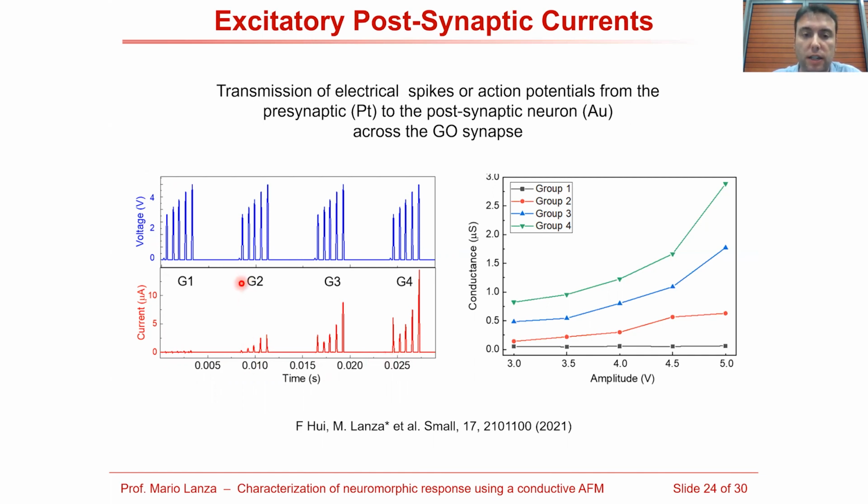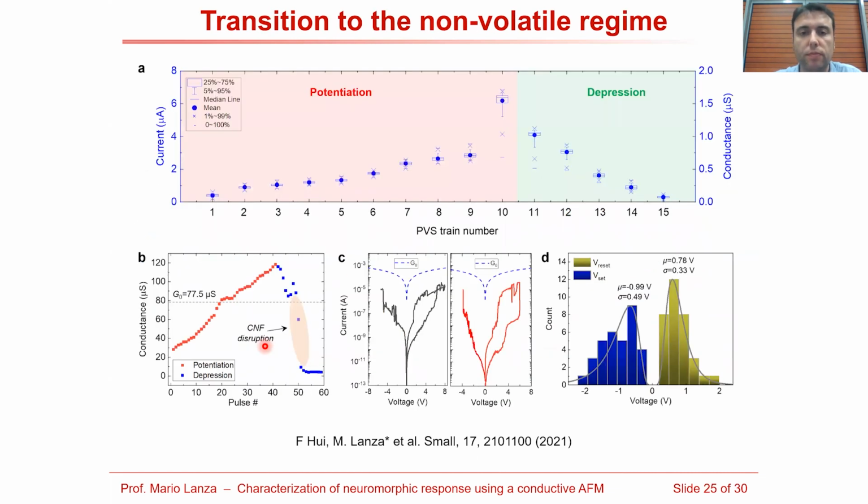We observe something interesting, which is between the last pulse here and the next one, there is a relaxation, which is also confirming the presence of this threshold region. So in the next step, we try to apply a little bit higher pulses. And what we observe is that we can start to increase the current across this system nearly linearly, again, as shown in the previous example. We can also see the depression.